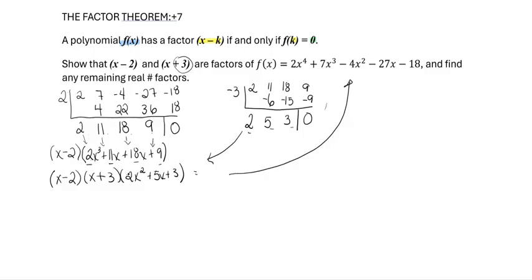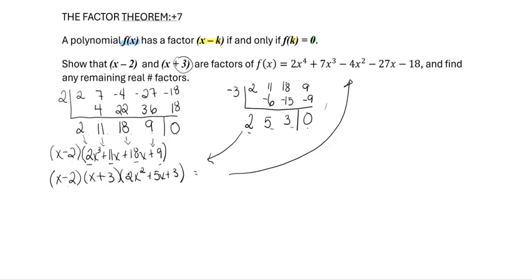Now, I've shown that x minus 2 is a factor because when I do synthetic division, it's 0, and x plus 3 is a factor because when I do synthetic division again, it's also 0, but it said find any remaining real number factors. Now, 2x squared plus 5x plus 3